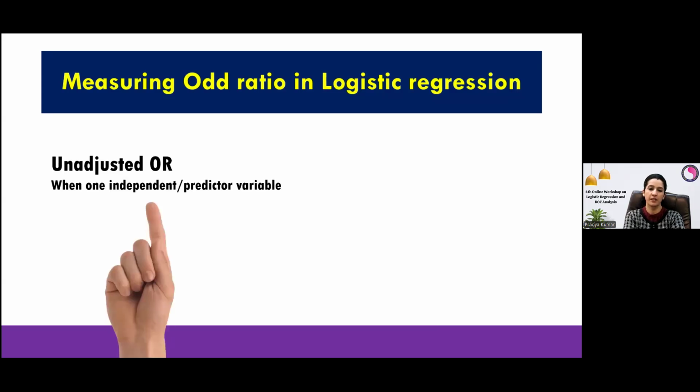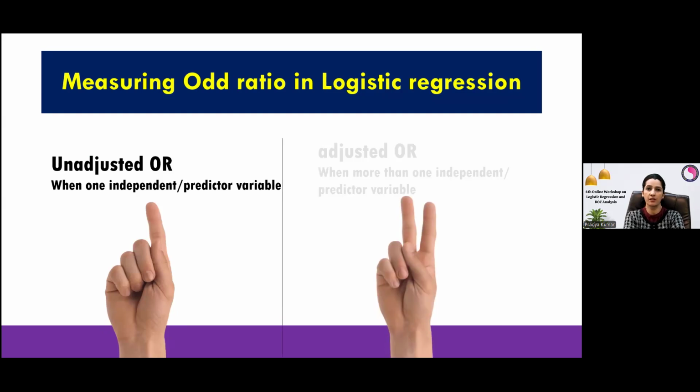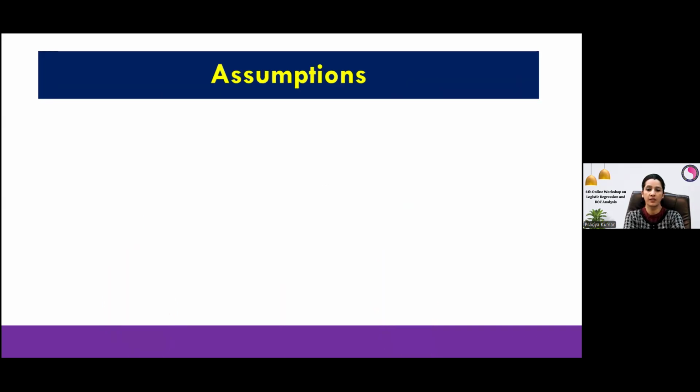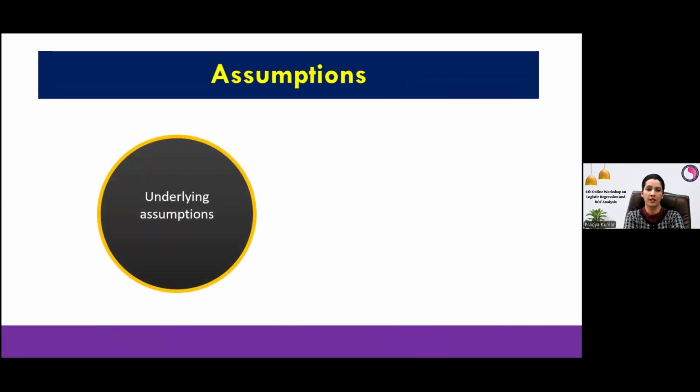Measuring the odds ratio in logistic regression, we talked about the unadjusted odds ratio. When there is one independent variable, it is known as the unadjusted odds ratio. When there is more than one independent variable, it is known as the adjusted odds ratio. Okay, so now coming to the assumptions. So up till now,